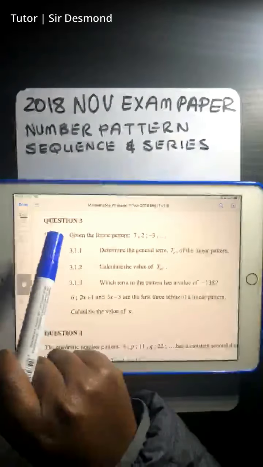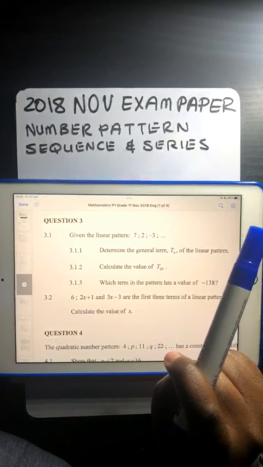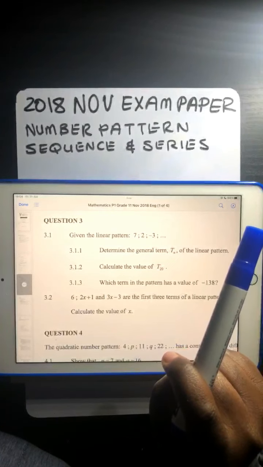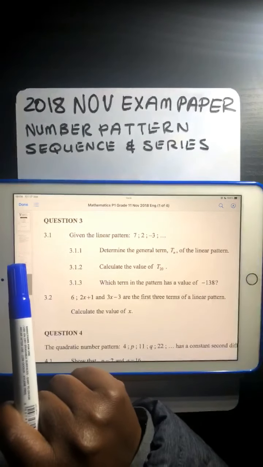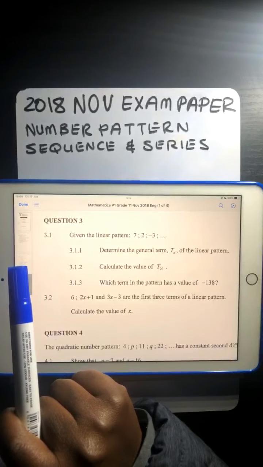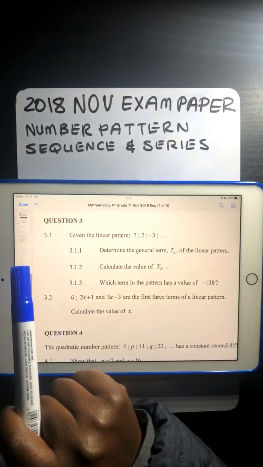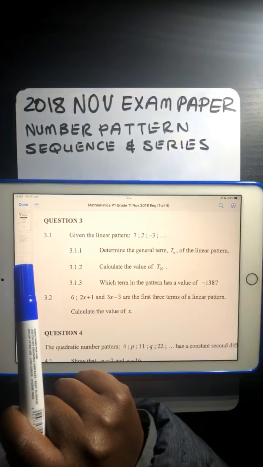Ladies and gentlemen, we'll be looking at question 3 of this exam paper, of which we'll be looking at number pattern, sequence and series. So 3.1 says, given the linear pattern, and we are given the first term being 7, second term being 2, third term being -3. Remember,